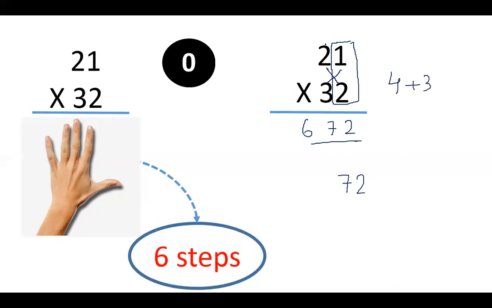Now you will take the last block जो आपका left side में आ रहा है. So 2 into 3 is 6. So the next number is 6. Answer is 672. It's very simple. Moving on to another one, similar problem.